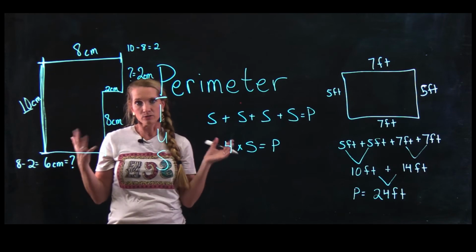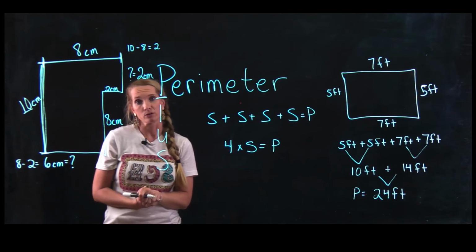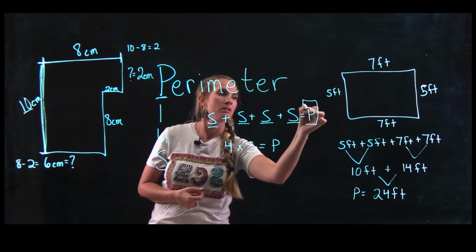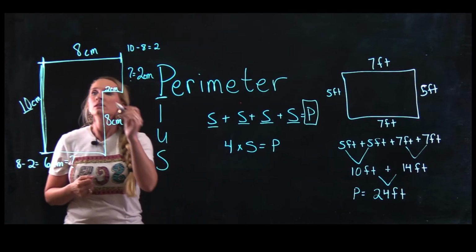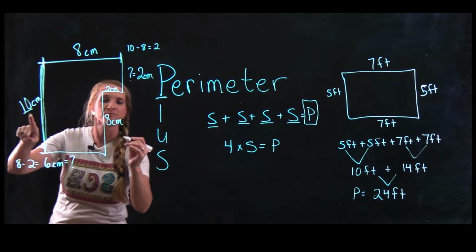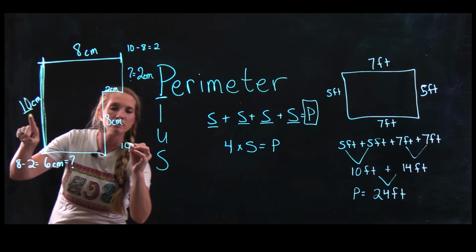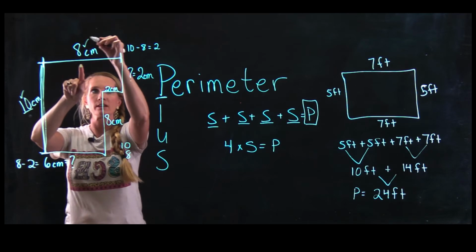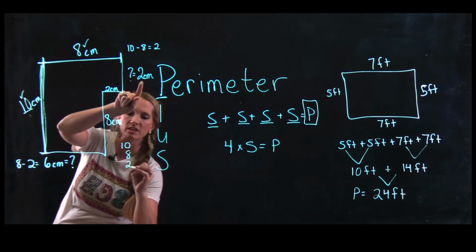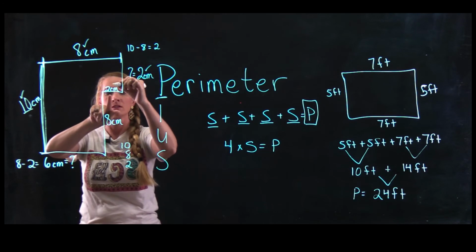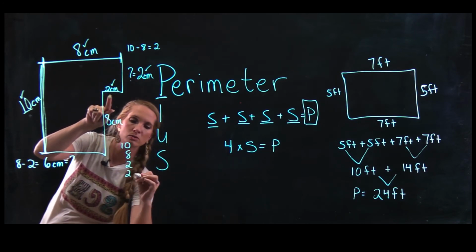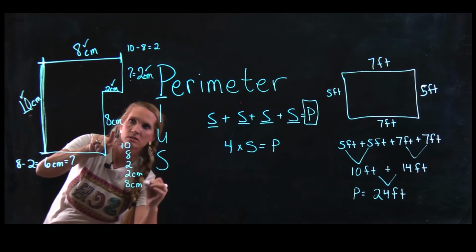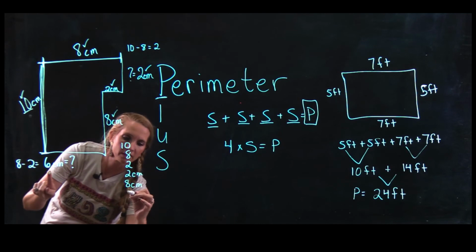So now I have found all of the sides of my irregular figure. Again, I go back to my formula and I'm going to add up the sides to find my perimeter. I'm going to start over here with 10 centimeters. Let's go back up to the top. There's my 8 centimeters. This first unknown side was 2 centimeters. This side is 2 centimeters. 8 centimeters. And then this ungiven is 6